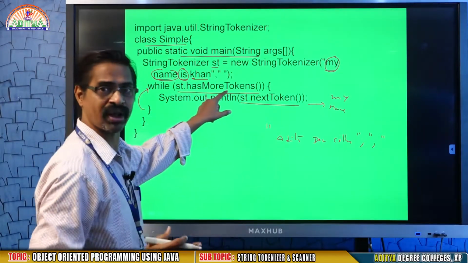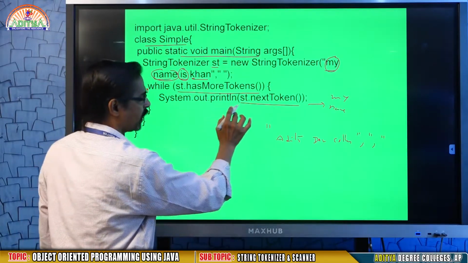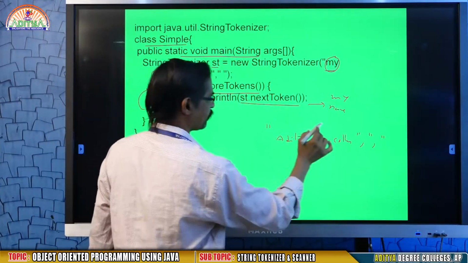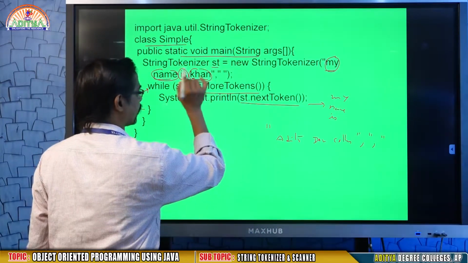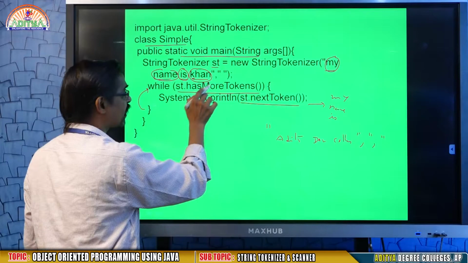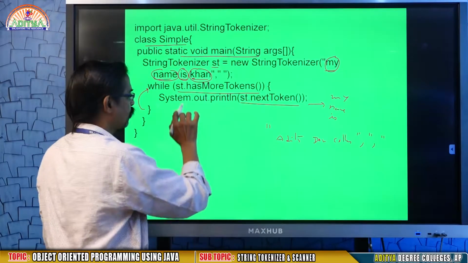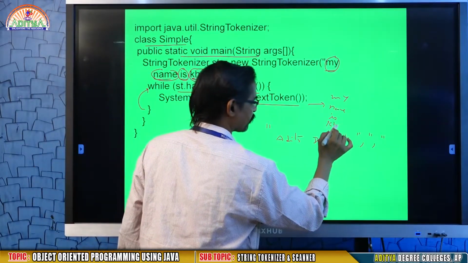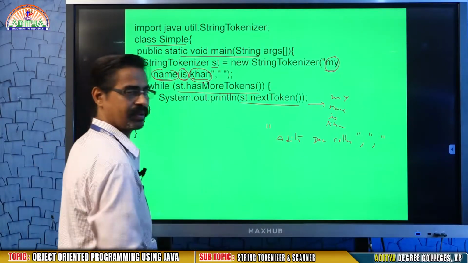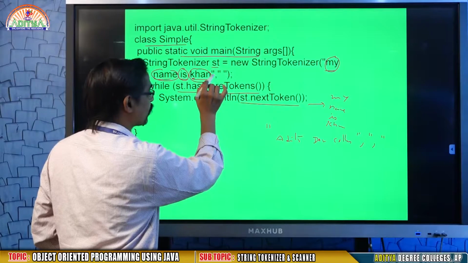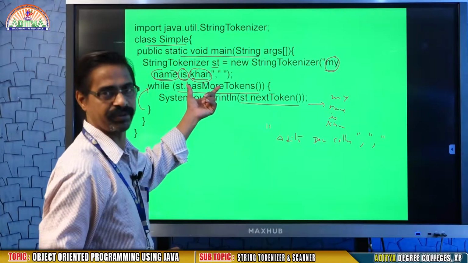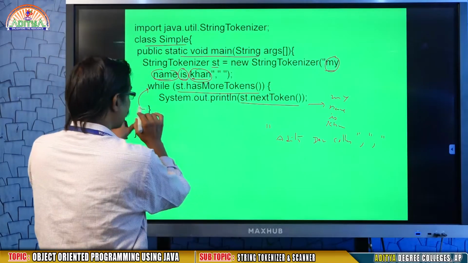Still has more tokens? Yes, come down, it will print ST dot next token, and it waits for the next token. Then going back, there is still a token, so it will print "Khan". Then going back, ST dot next token tries to go to the next token, but the end of the string is encountered, so it will go back.